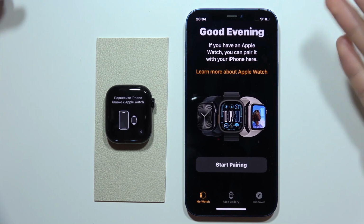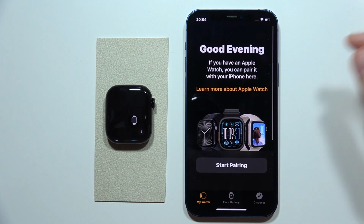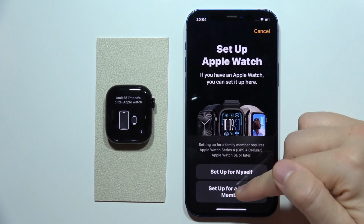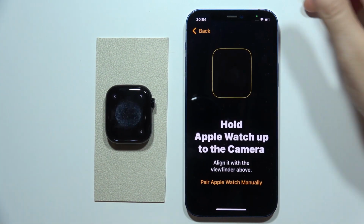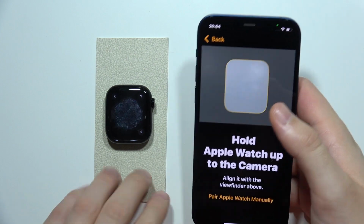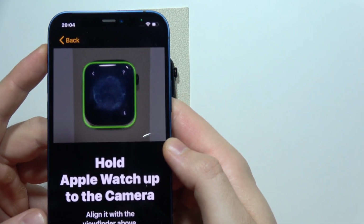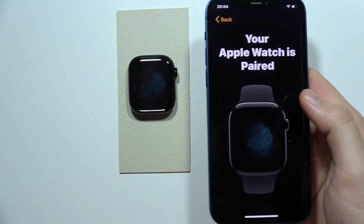have to basically grab your new iPhone and simply open the Watch application and start from My Watch. Then click to start pairing, tap to set up for myself or for family member. Now you will have to put your camera frame, basically align it with the viewfinder above. And once the lines go green, it means that we hold it properly, so wait until we get this